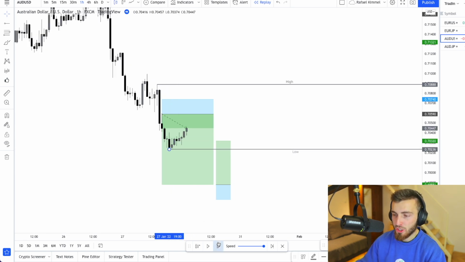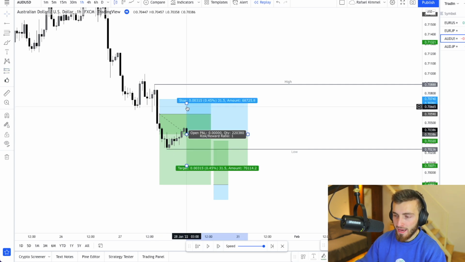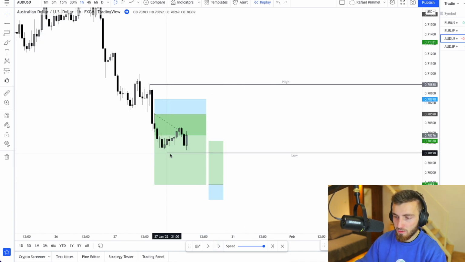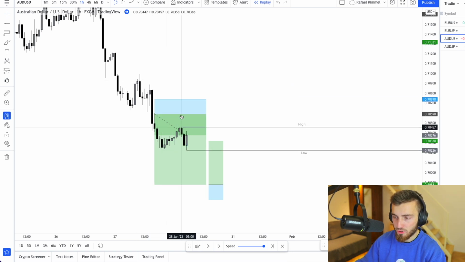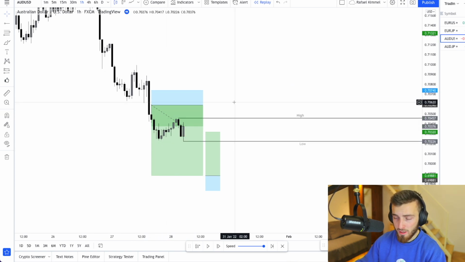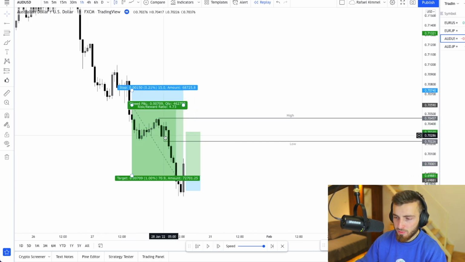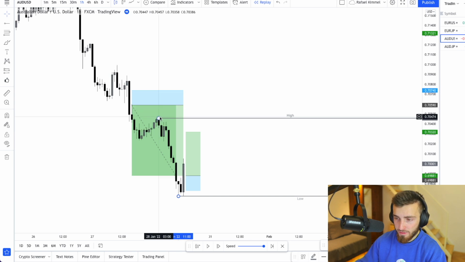Right here you could have entered, but I had a still full 1% risk on the table and I was sleeping too, so I did not enter. And then the trade started moving down. We break the low, we retrace, and I was like, okay, maybe we are inflecting again. Maybe I'm going to get taken out. We start impulsing again and I was like, okay, perfect, let's go.